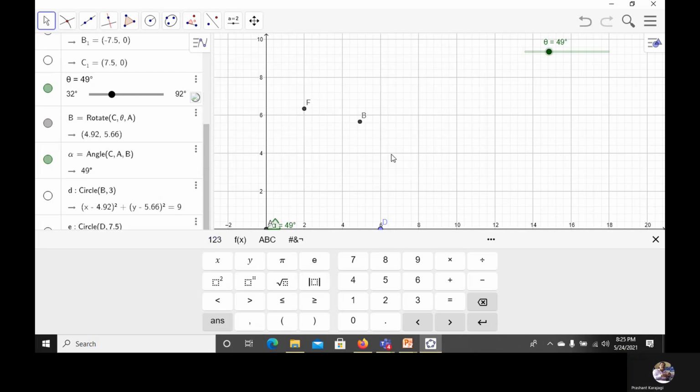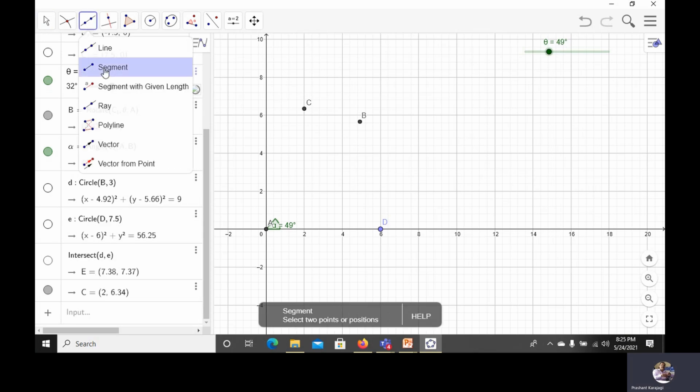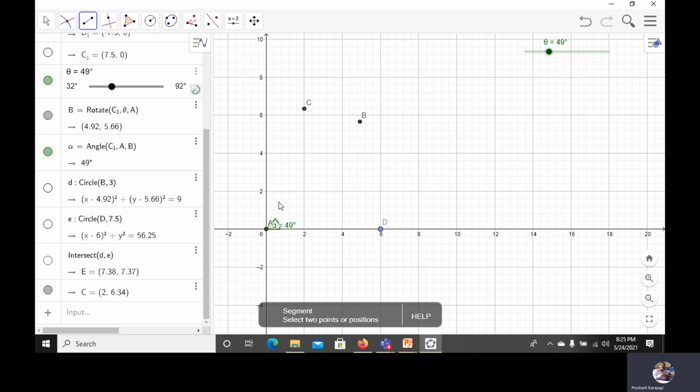Now join these pivot points A, B, C, D by using the line segment command.